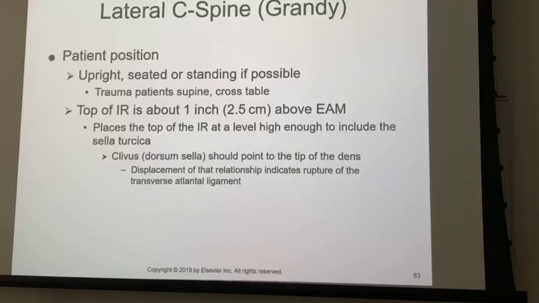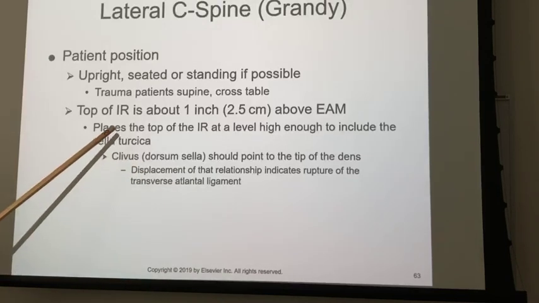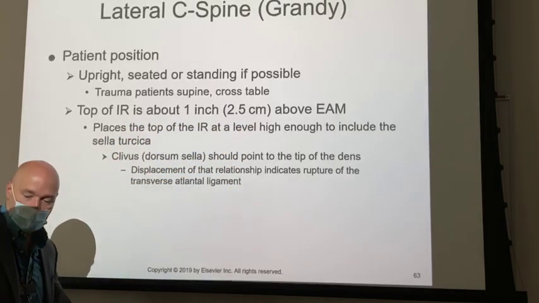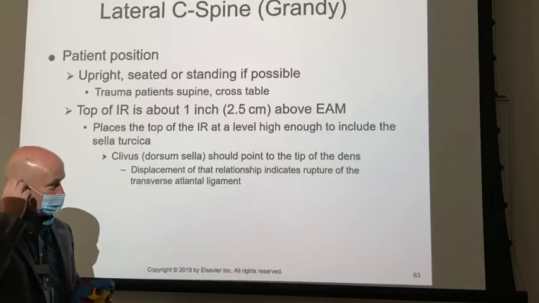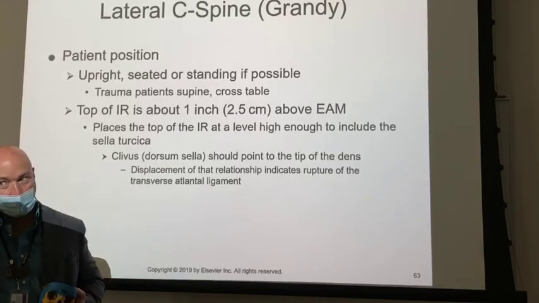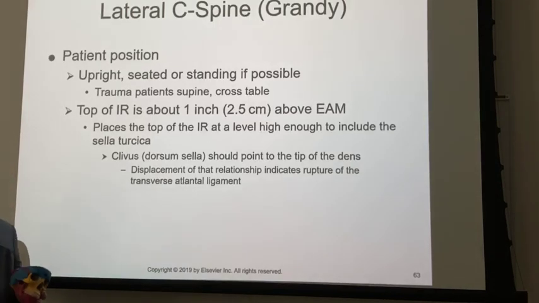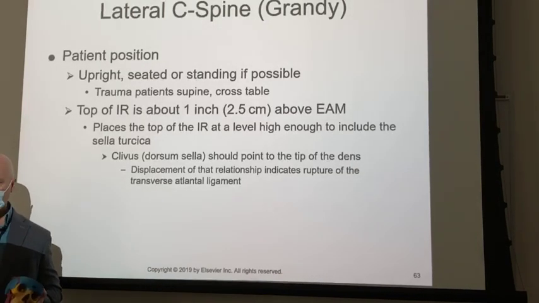So the key here, though, is that your image receptor needs to be much higher than what you would think that it would need to be. Okay, so it needs to be 1 inch above the external ear attachment. So what we're talking about is right there, right? So go 1 inch above that. The easiest thing to do is to imagine where their temple is and put the image receptor right at about